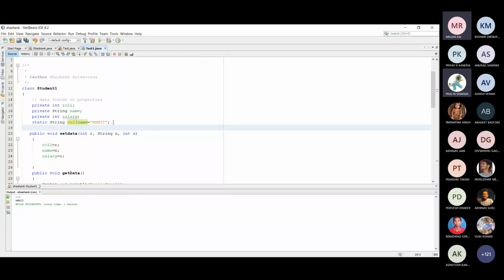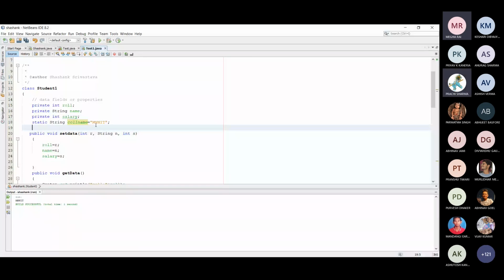So a method which is also part of the class can access that particular variable. College name is the variable, so how can I change this particular college name? Here, with the help of certain methods.